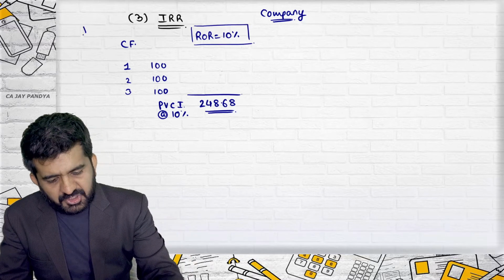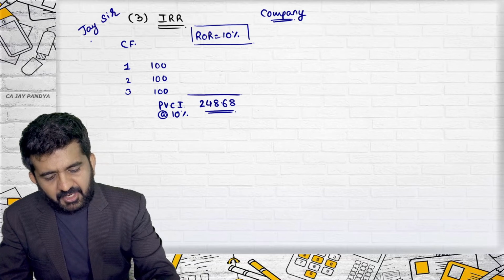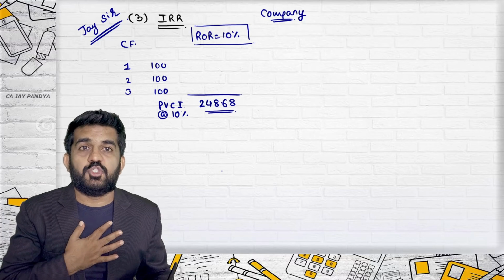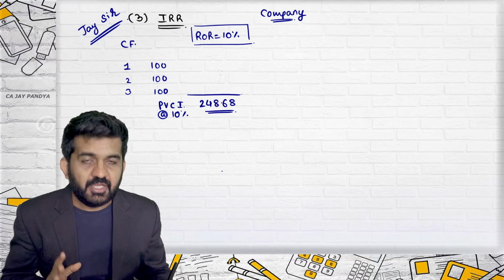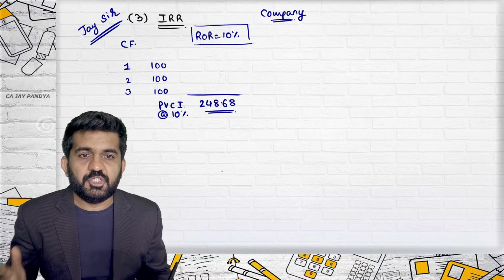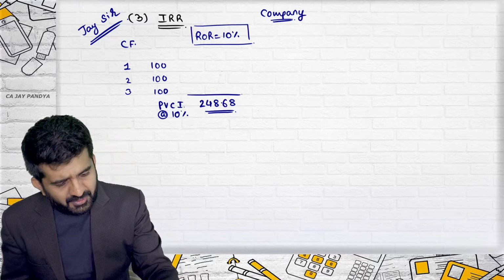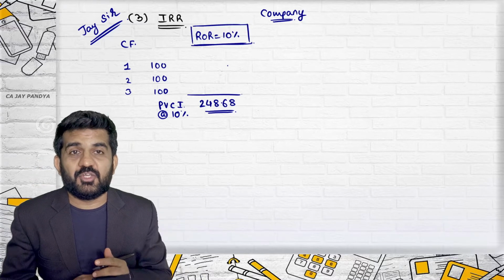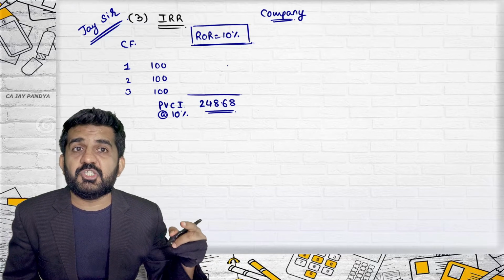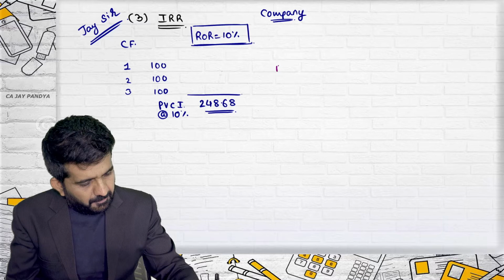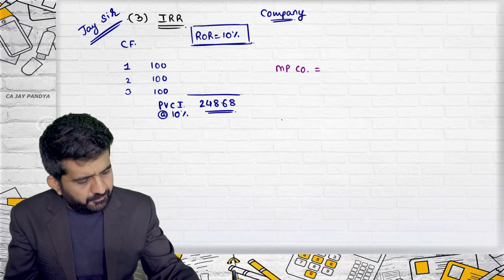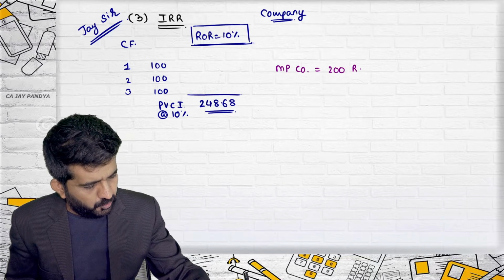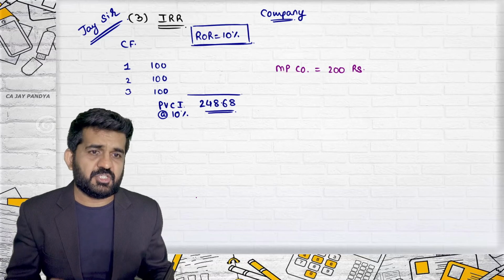Who am I? I am Jason. And I am planning to purchase this company. I want to take a decision whether I should purchase this company or not, and this is nothing but a capital expenditure decision. My required rate of return is 10%. I have not yet told you the price of the company, the rate at which the company is ready to sell. The market price of the company, if I want to purchase the full company, is 200 crore rupees. Here I am not writing crores, I am just writing 200.